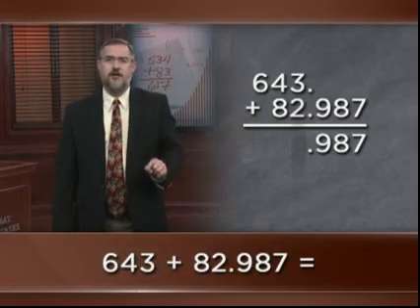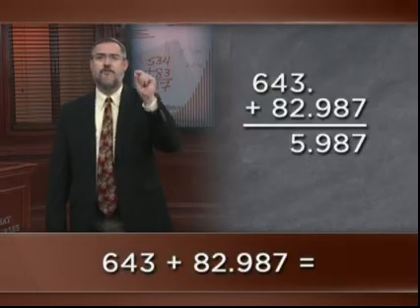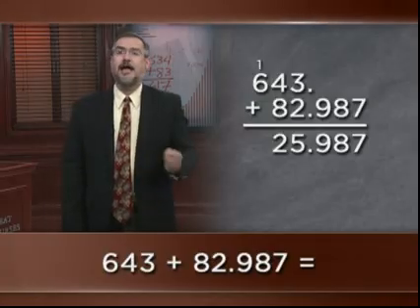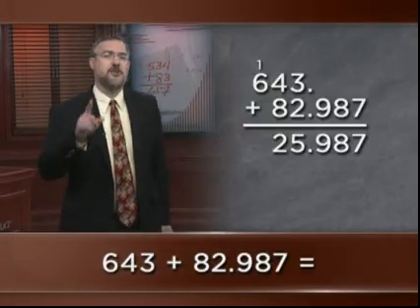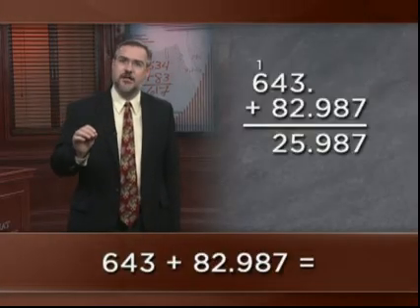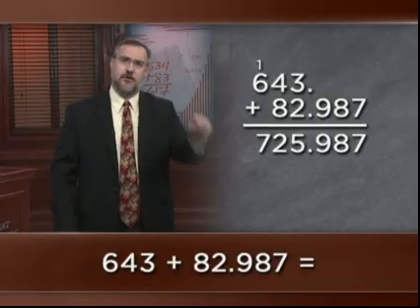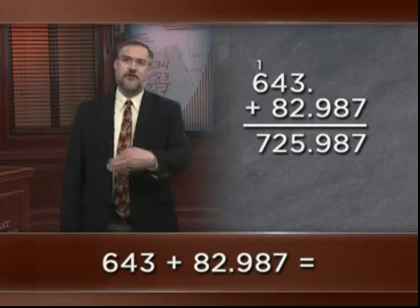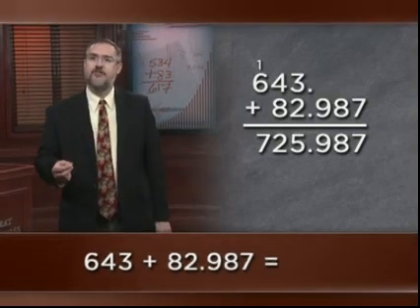3 plus 2 is 5, so I write a 5 just to the left of my decimal point. 4 plus 8 is 12, so we write in a 2 and carry a 1. And lastly, the 6 has nothing below it to add to it, but it does have the 1 that we just carried. So the last thing we're going to do is 6 plus 1, which is 7, and I'm going to write a 7 in my answer section as well. And now I've done everything from right to left, and so I know my final answer is there in front of me,